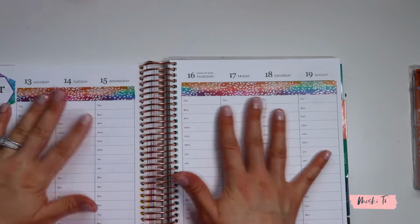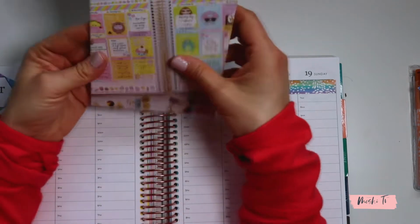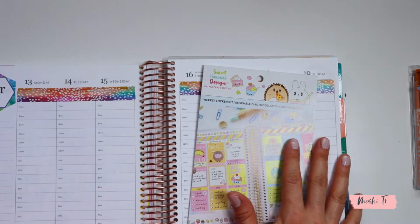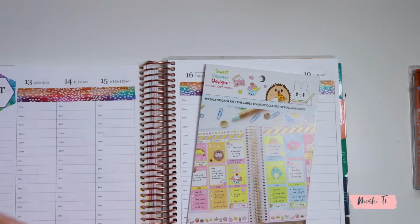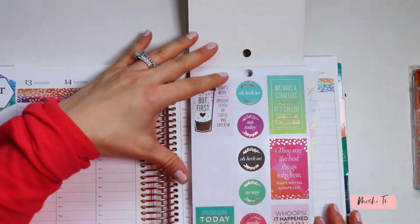I want to make this spread kind of sassy. Is that wrong? Probably not. Whatever. I never use this and I really want to. And I also have this kit from Happy Planner. It's called Sassy Plans, and honestly it's hilarious. So